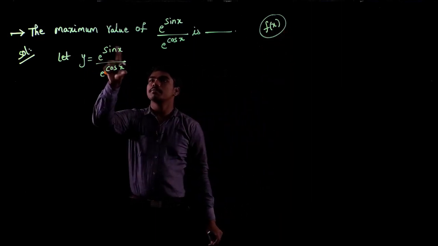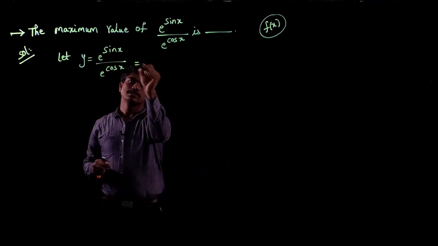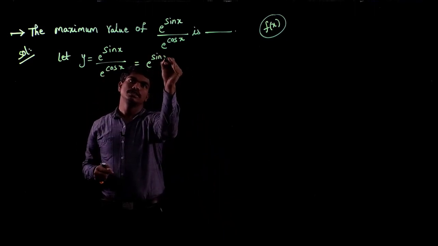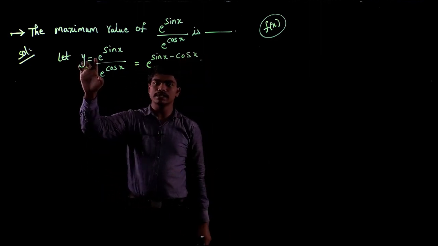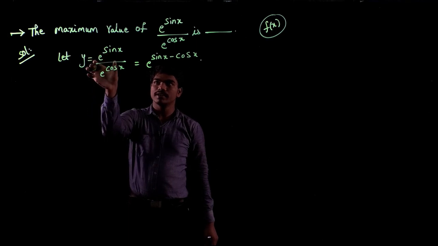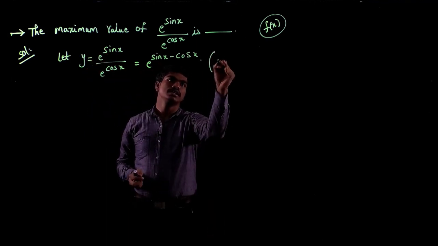But here, if you directly apply such a condition, it's a bit difficult to differentiate these kinds of functions. So let us write it in some form, that this is sin x minus cos x, because e is just a numerical constant, and e power something divided by e power another function is nothing but a power m minus n format. Basically, if you try to look,